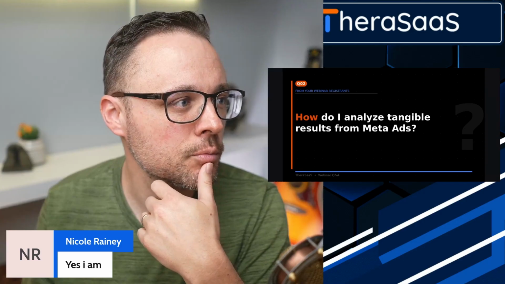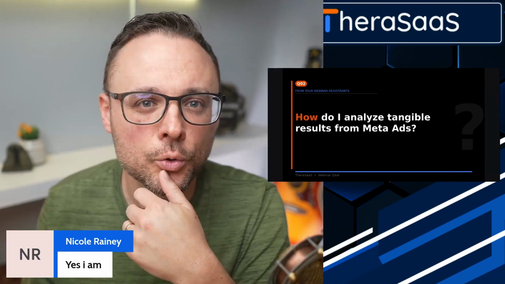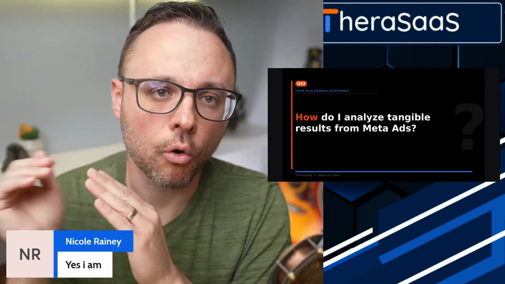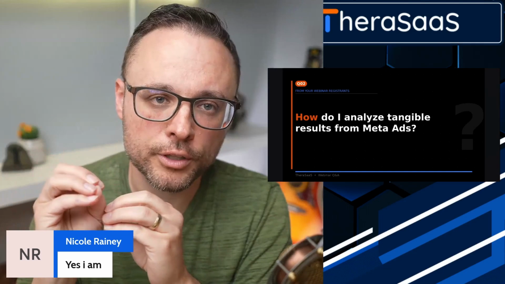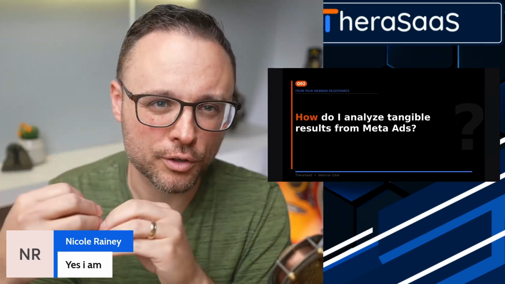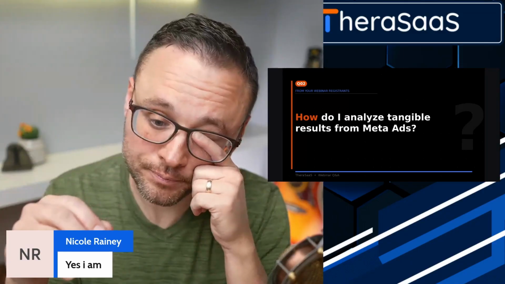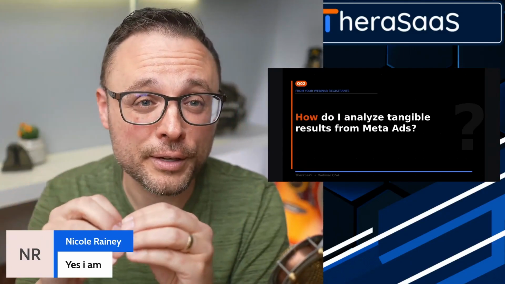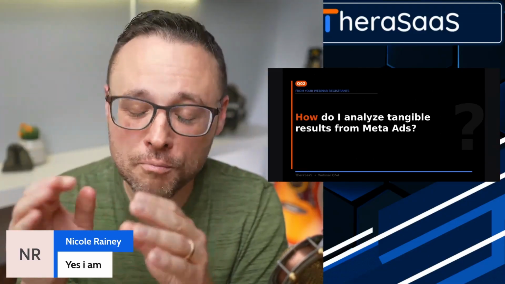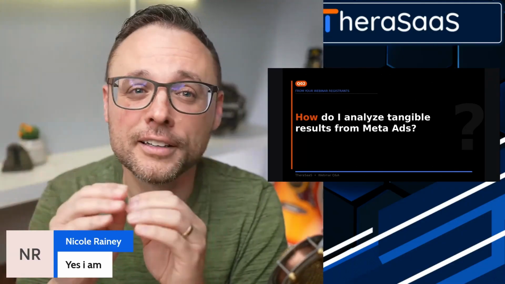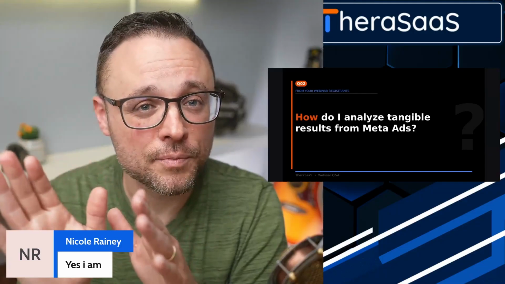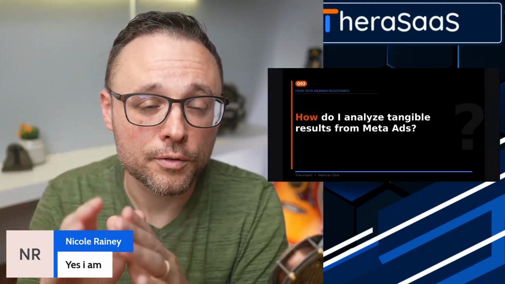How do I analyze tangible results from Meta ads? Ooh. When it comes to Meta ads, you have to think about what is the goal? What is the conversion goal of that particular ad? So you can have lots of different campaigns with different goals. When it comes to social media, I rarely will go for the conversion goal of schedule an appointment. Like just go right for the heart. People go to Meta to disappear, to look at family photos, not to receive ads. So what I would do though, if you run Meta ads,